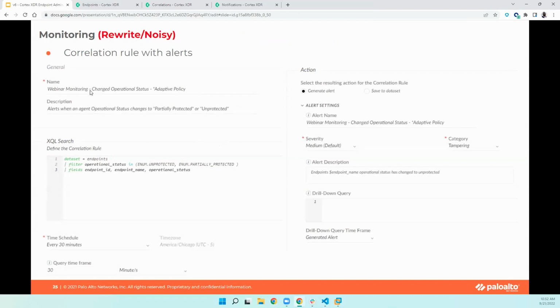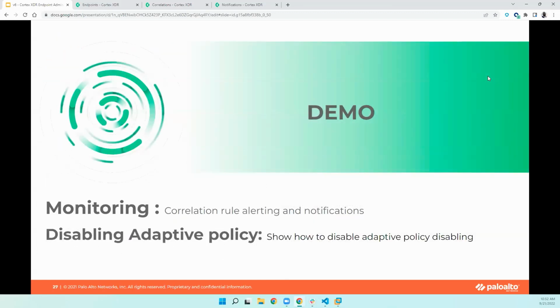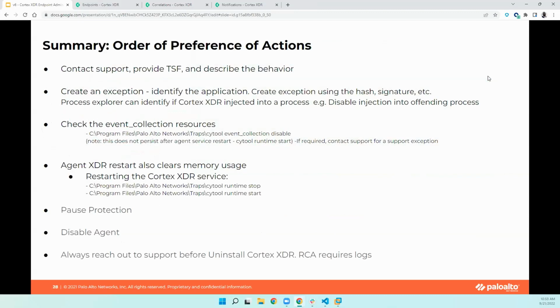Also, like I said, you have to optimize this because it's going to be noisy, because it's going to report the old ones as well. So you need to add the correlation rules. We talked about the order of preference. Please stick to